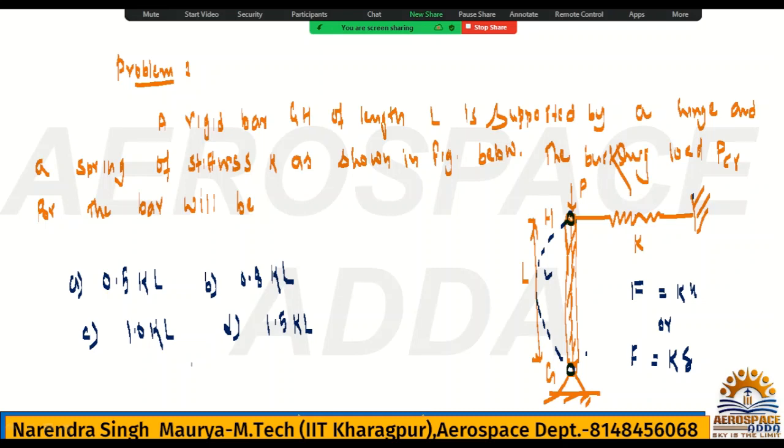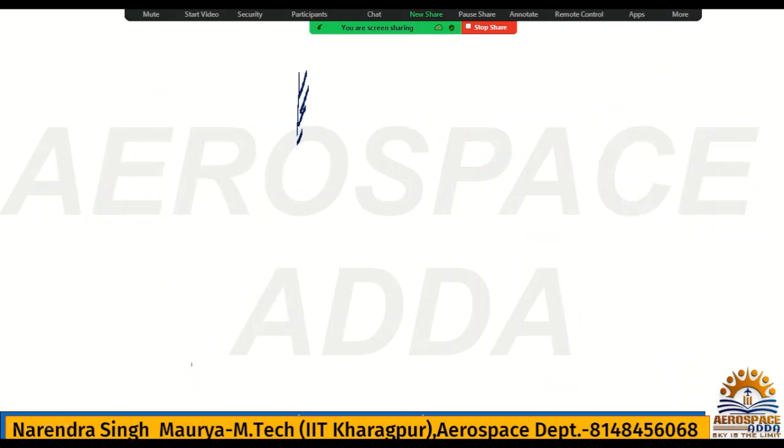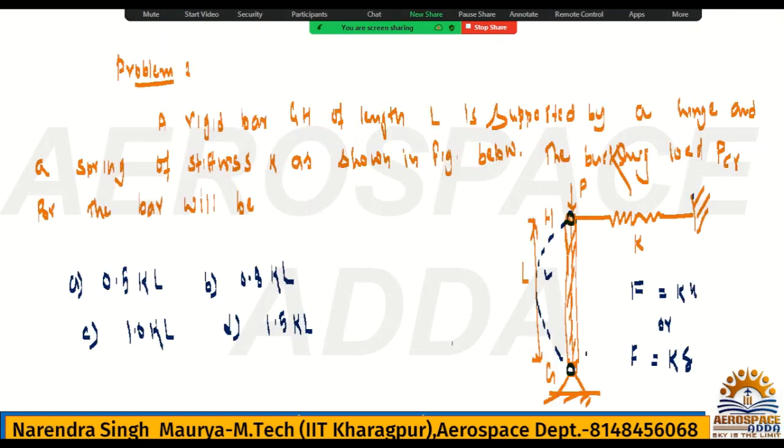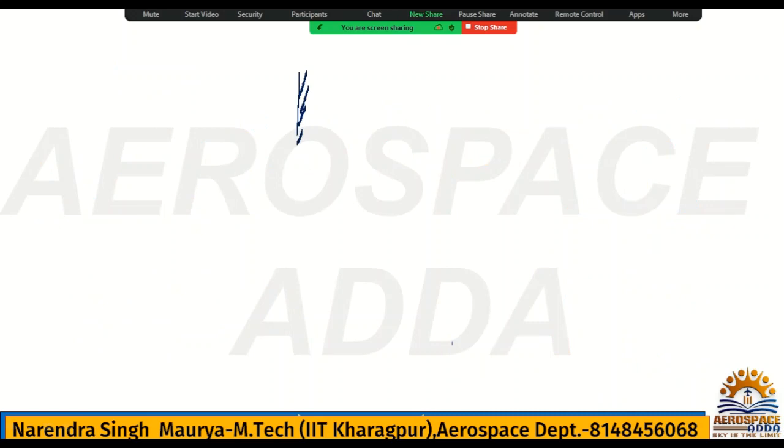Rest, you can take any side. It's not a condition that it must be only this side. So I'm taking the deflection this side only, so it will be like this. Check, I'm considering